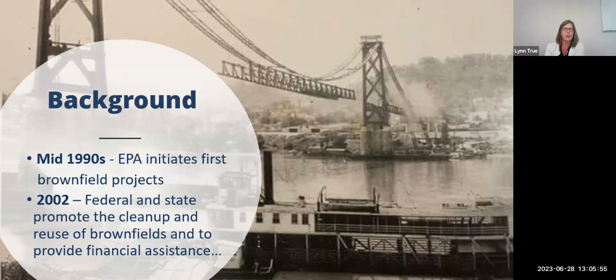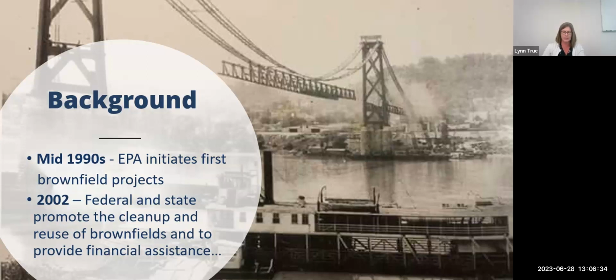These are industrial or commercial properties that had various uses that created contamination issues. However, some brownfield sites are more recent and are caused by recent spills or activities that contaminated the property. In fact, some brownfields may not even have contamination. A brownfield site is not necessarily a contaminated piece of property. It may simply be a blighted property that has deteriorated because of the perception of contamination at that site. We'll get into that in more detail later.